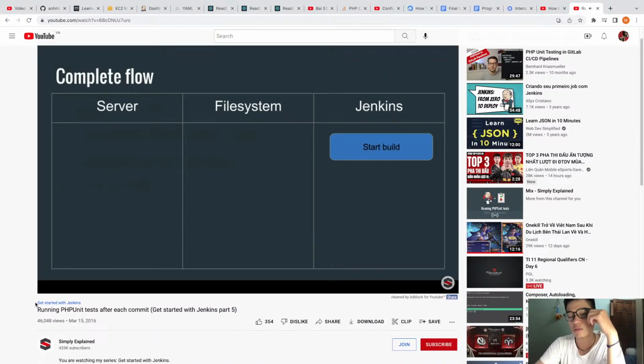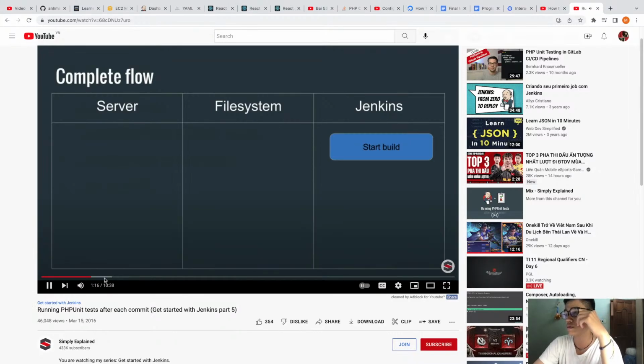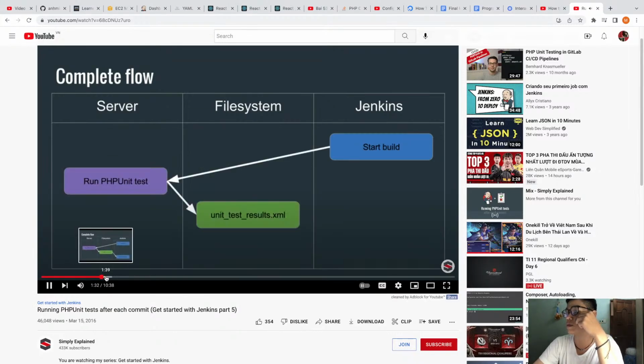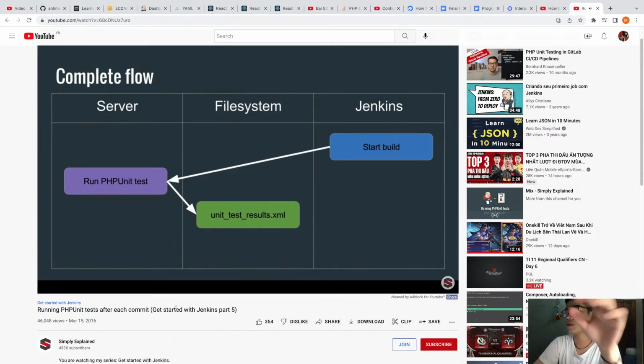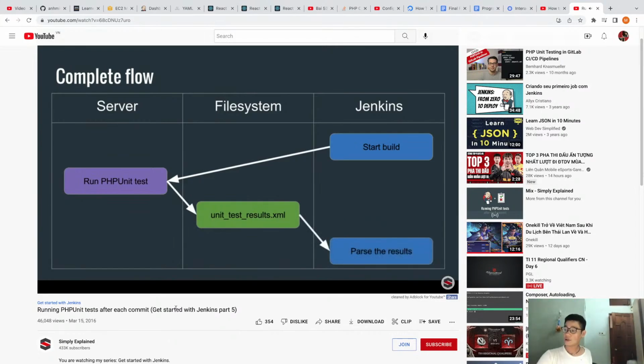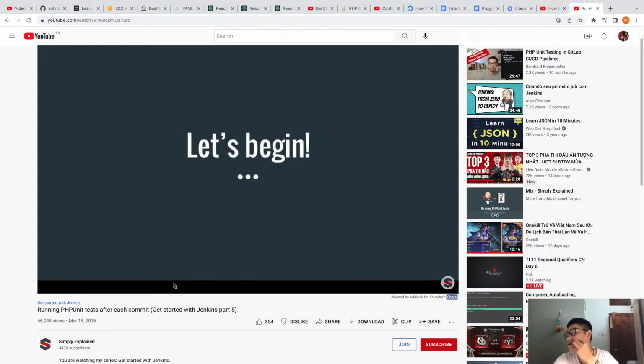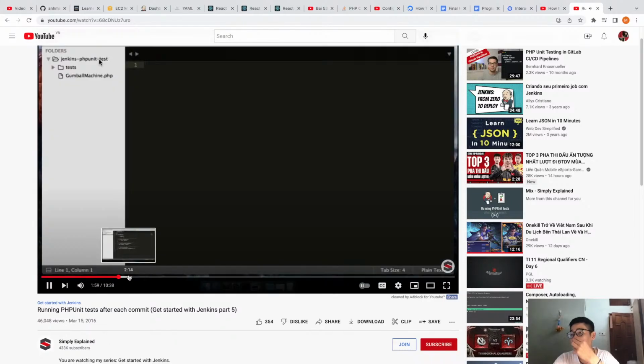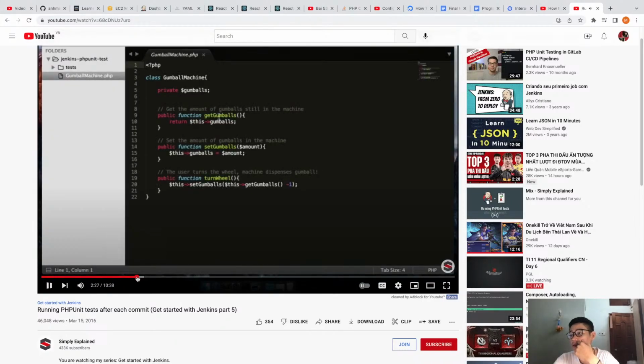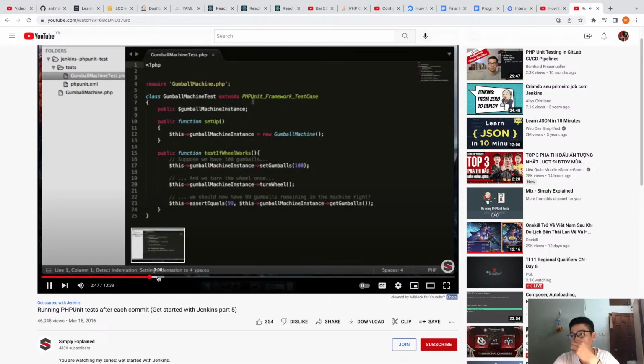To answer it, let's take a look at the complete flow. It begins when and it will actually store that onto the file system. Now finally, Jenkins will parse the contents of the XML file. It can determine if all tests were successful and act accordingly. So now that you have this overview,